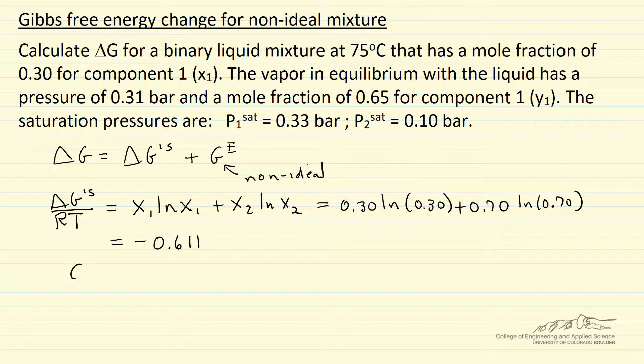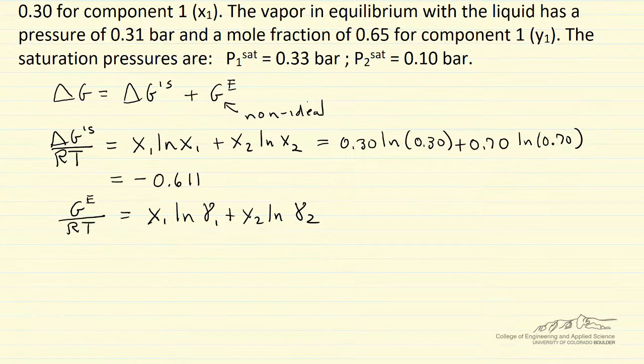So likewise, the G excess term can be calculated. We're going to calculate G excess over RT to make it dimensionless, and it's x1 times log of gamma 1 plus x2 times the log of gamma 2, where gamma 1 and gamma 2 are the activity coefficients for components 1 and 2. And we're going to get those from the modified Raoult's law. So the modified Raoult's law is that x1 gamma 1 saturation pressure is y1 times P, and then the equivalent for